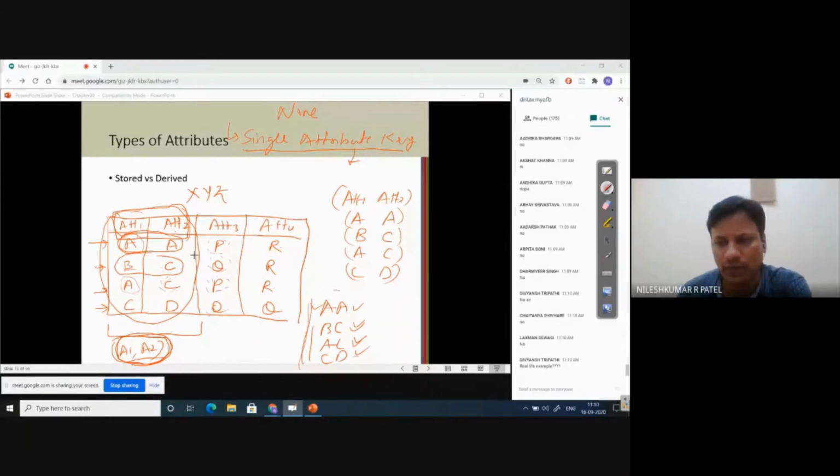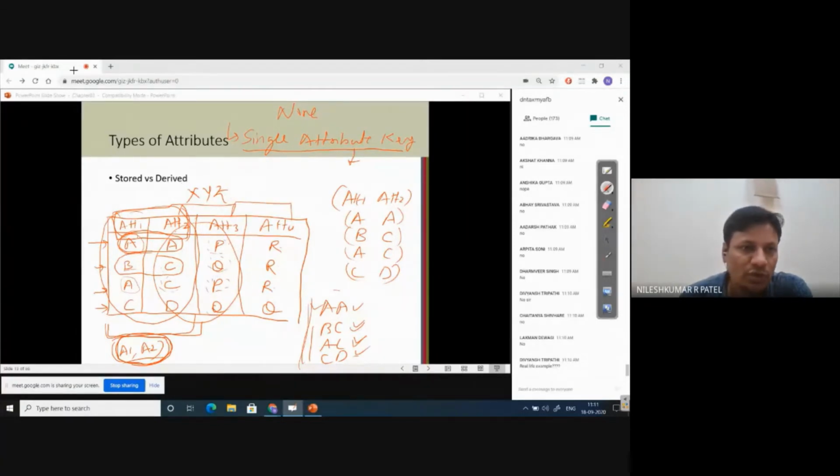So I will give real-time example also. In coming slides it is there, so we'll discuss that. Even if you are not able to find by 2 attributes, so now attribute 1 and attribute 2 cannot give you uniqueness guarantee, you now combine attribute 2 and 3 and check uniqueness guarantee. 2 and 3 cannot give you, you can go for 3 and 4 also.